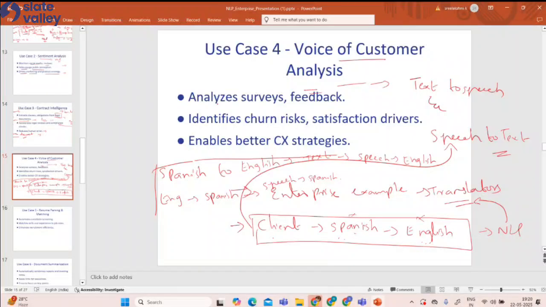So here is where you go with the analysis of any surveys or feedback. And also it can identify the churn risks and the satisfaction of the driver. I mean, the churn risk in the sense here,